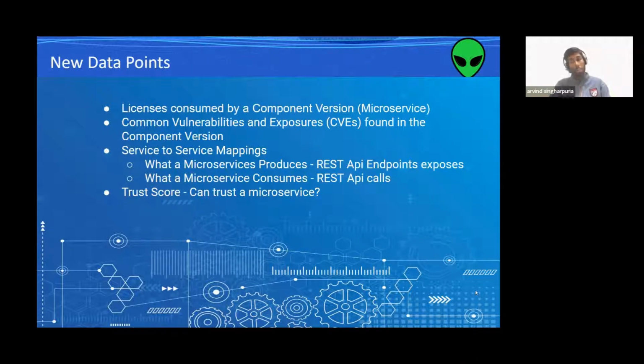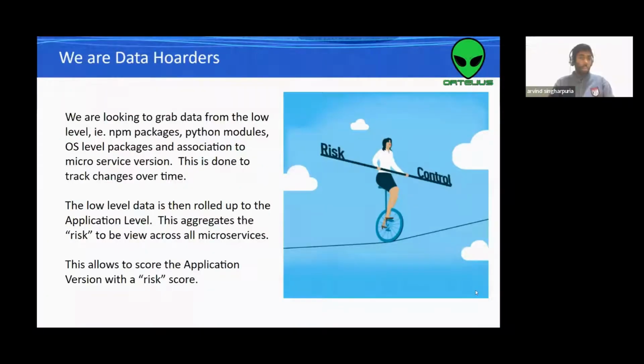And on the basis of that score, we can tell whether we are using the right component or the right microservice for our data. We are data hoarders. Basically, we are the producers. We are looking to grab data from the low level, for example npm packages, Python modules, operating system packages, and their association